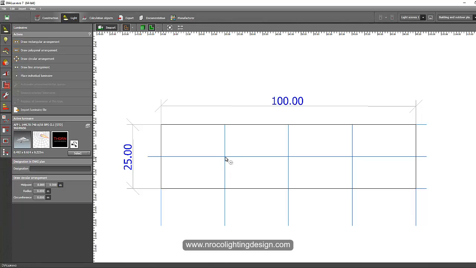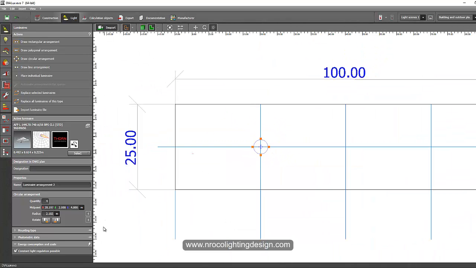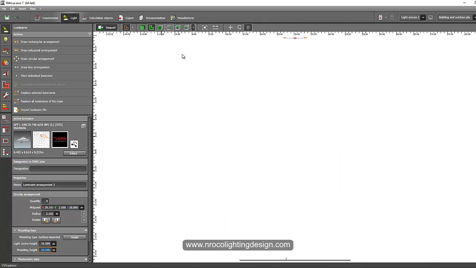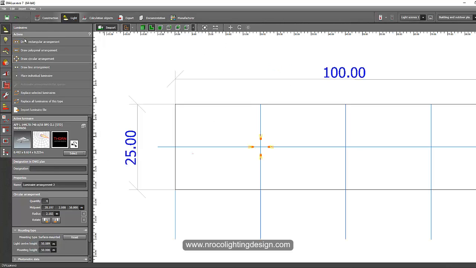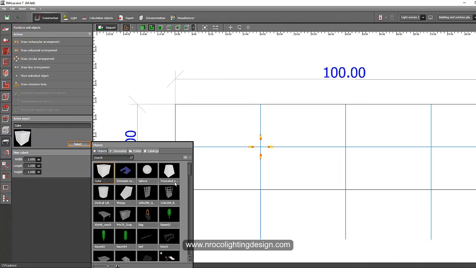You might think it will be here, so let's start first with 4 pieces and then go to the mounting height and change it into 50. So if you go to your elevation view, it will look like this. So it's so high. If you want to create a pole, so you have a guide, just go to the construction object and then create your mast or your pole here.